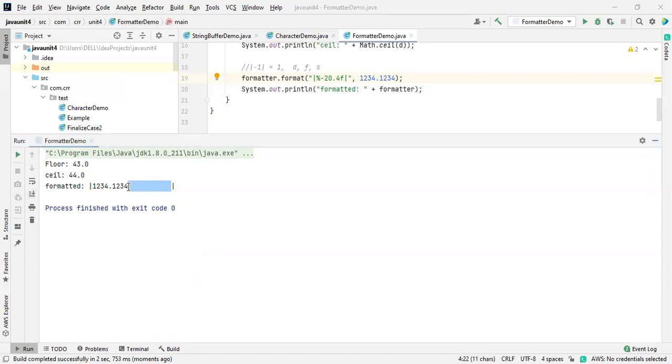And do I need to tell more examples? Yeah. So there are so many escape sequences. Again, I'm telling you, there are so many escape sequences.